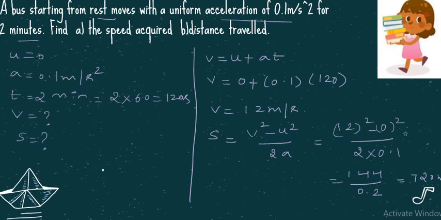See, if the decimal is down, see if it is 1 by 0.1, I will write that as 10 by 1. So in the same way, here I will take 144, okay, 1440 divided by 2. So it is equal to 720 meters. Okay, this is how we can find, that is speed acquired, and what else we found? We found the distance also.